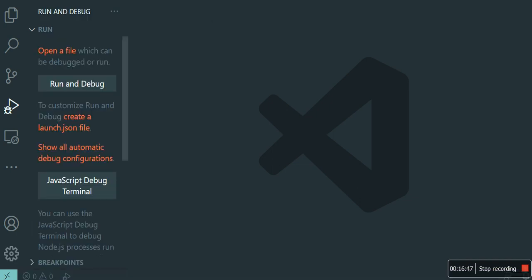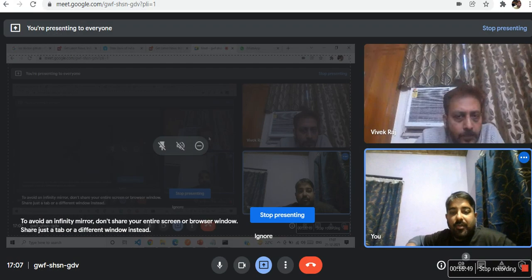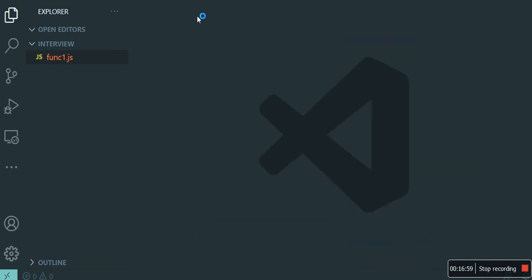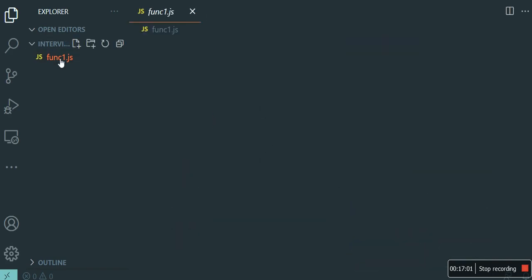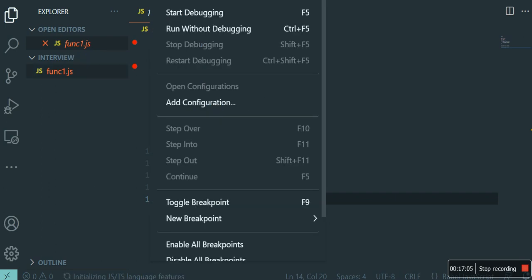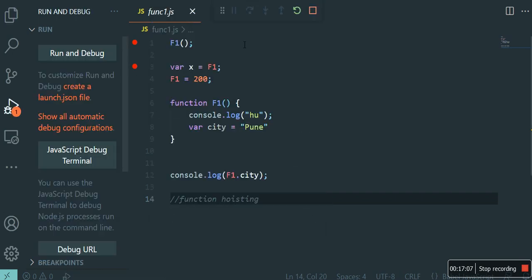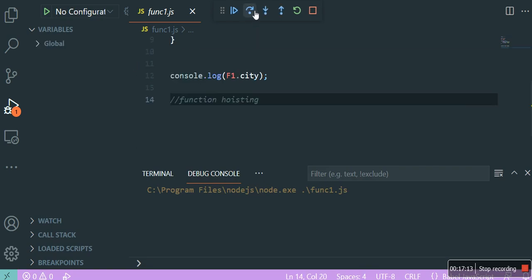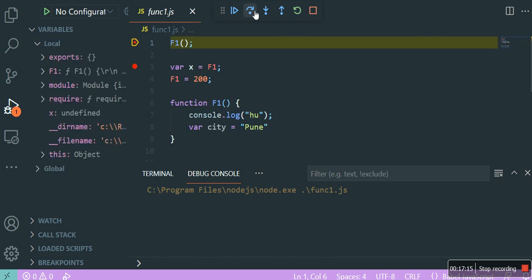I don't know. Let me share this thing again. अभी देखते हैं हो रहा है कि नहीं हो रहा है. I don't know why there was an error. File, run, start debugging. Straightforward. It's taking some time.